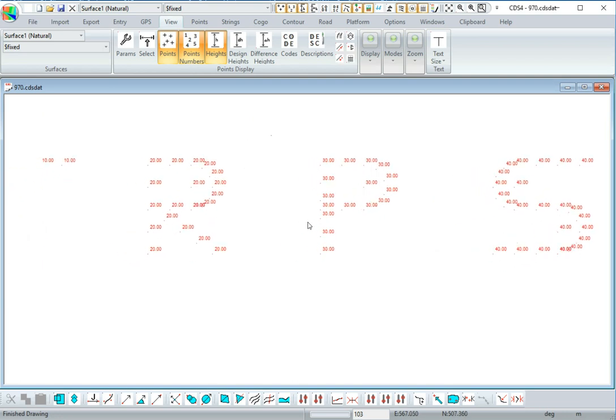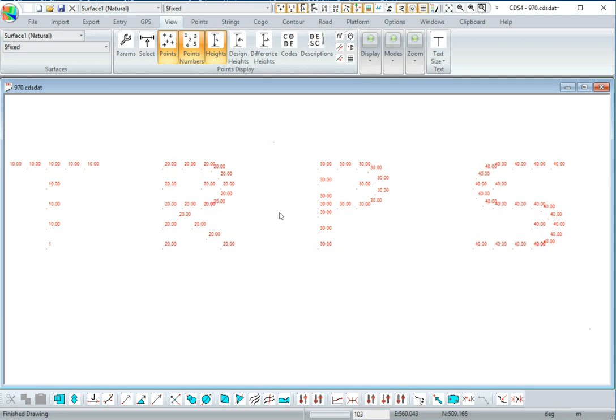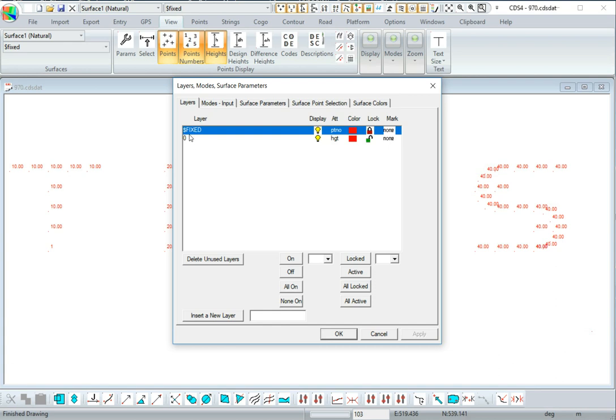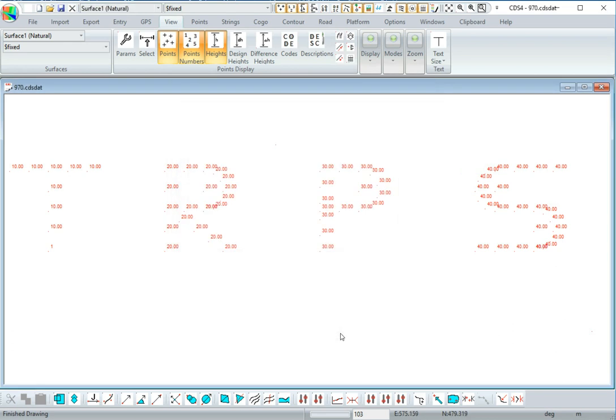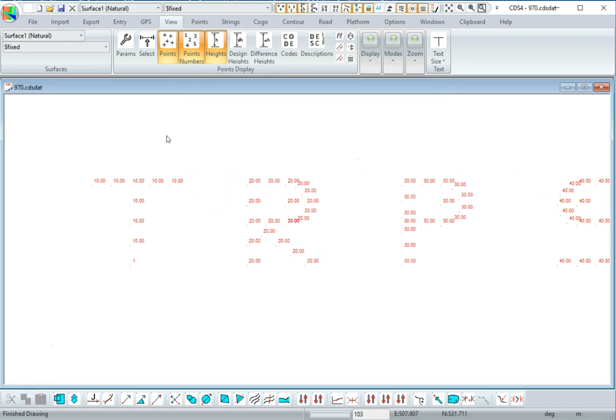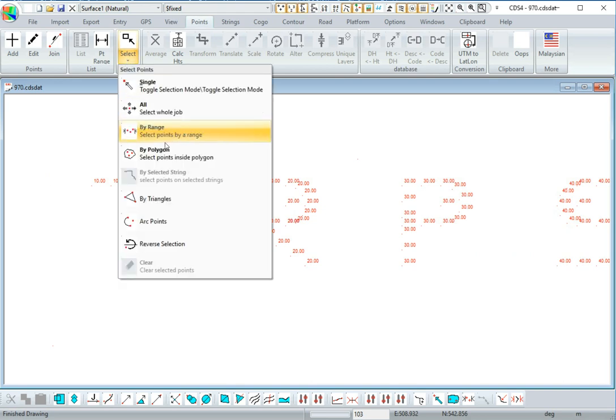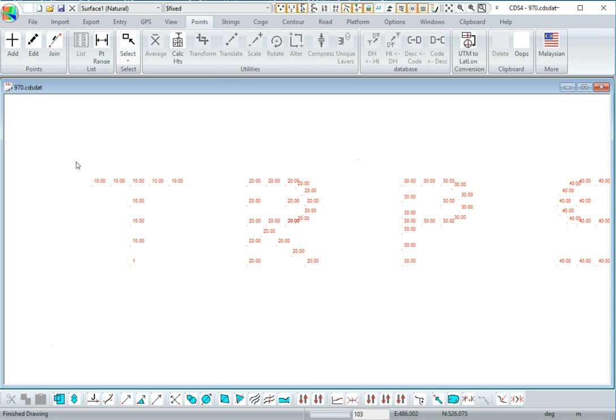Now so things on certain layers you can control what is displayed. So if we go to the view under modes, look at layers. Now we've only got everything is on point number. So what I'm going to do, I'll show you. I'm going to select some points and put them on a different layer, and then change what's displayed for that layer. This will be explained in more detail in a subsequent video, but I'll just select by polygon. So don't worry too much about this. I'm just selecting some points. Hit the enter key,